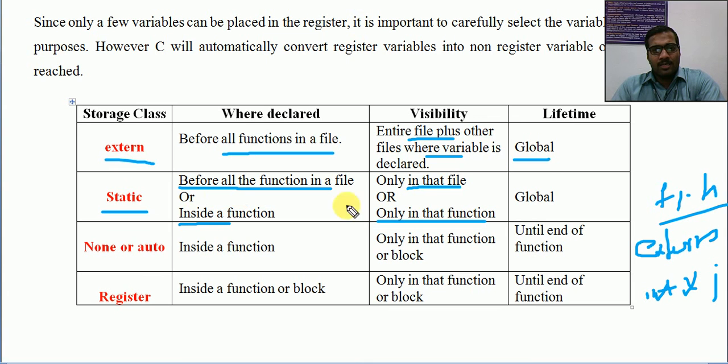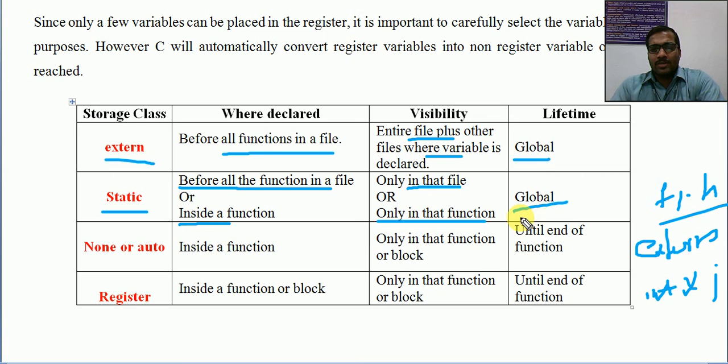If it is declared globally, it is accessible to the entire file where we have all those functions. Just like global and local. So accessibility and visibility work like this, but static means the value will be retained.